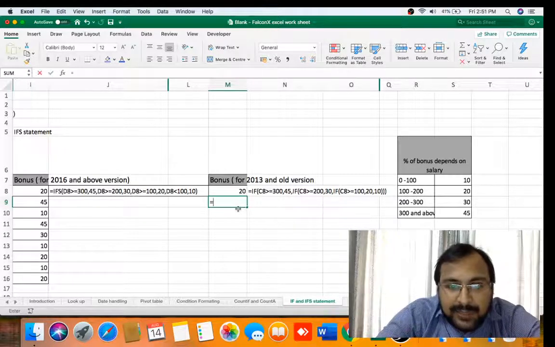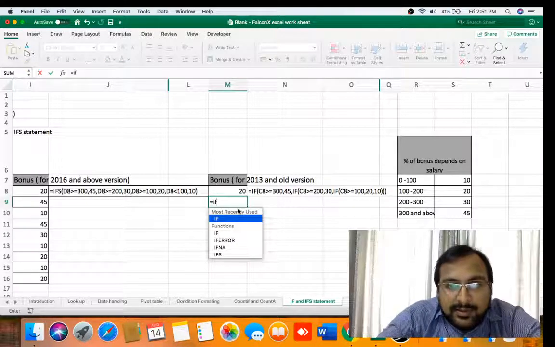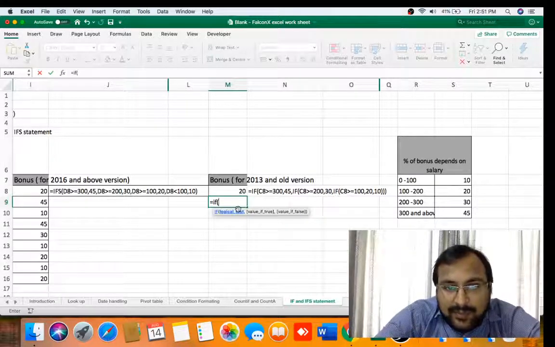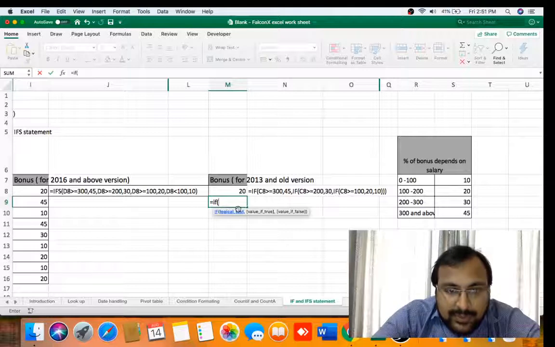Now let's find the percentage of bonus to be given with the formula for 2013 and below. So the logic stands like this.